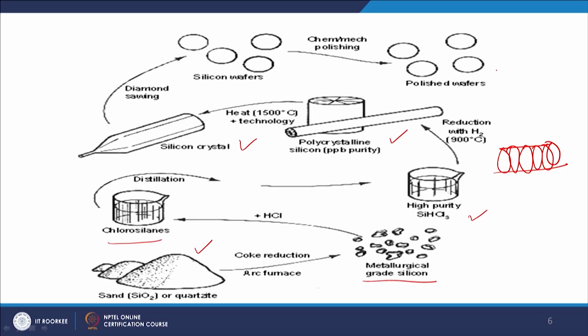Now, the single piece of silicon wafer needs to be polished because its surface is very rough. After doing the proper polishing, we get a polished wafer, and this polished wafer is an intrinsic silicon. To make it useful for fabrication of a solar cell, we need to dope it. As you have learnt earlier, we can dope this silicon either by using a p-doping material or an n-doping material. We can put either an acceptor impurity like boron to get a p-doped material, or we can put a donor impurity like aluminum to get an n-doped material. Once we get different doping of this silicon, then we assemble them together to get a silicon solar cell.